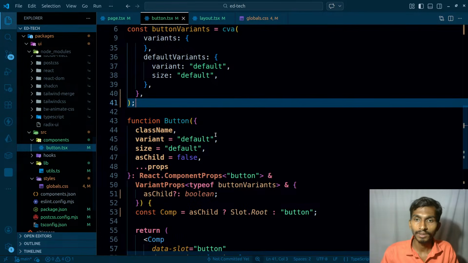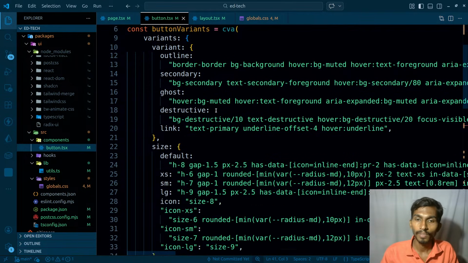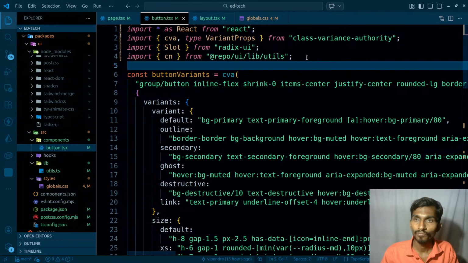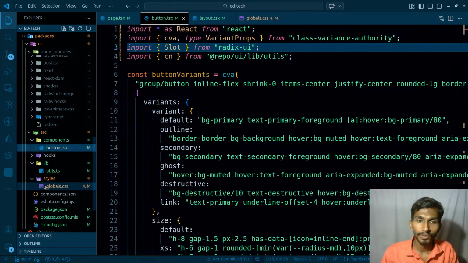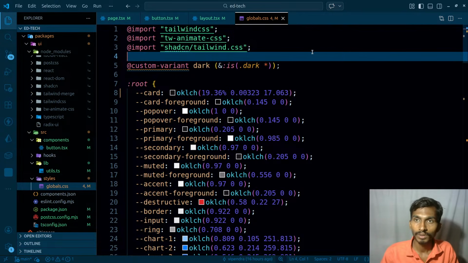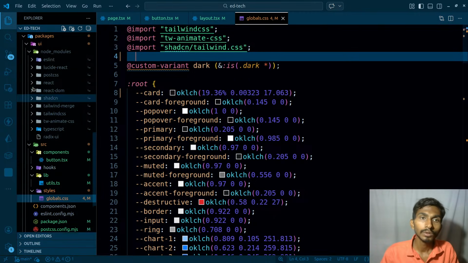Ultimately the style stuff, the default style. And that could be because of this global.css, this needs to be exported there in order to